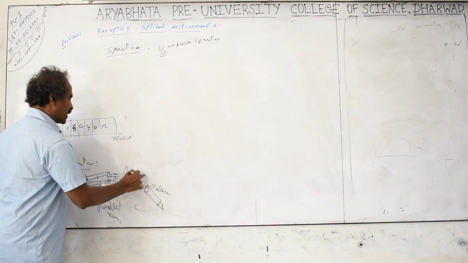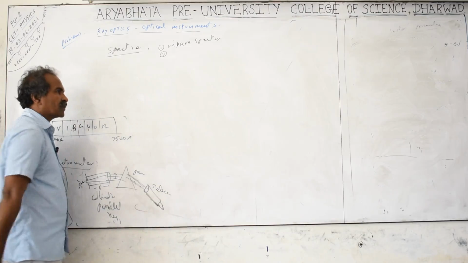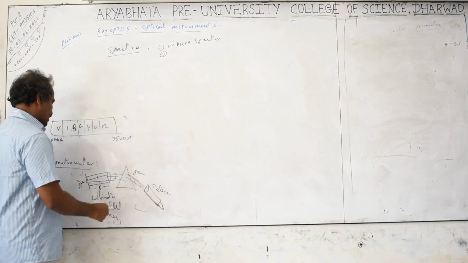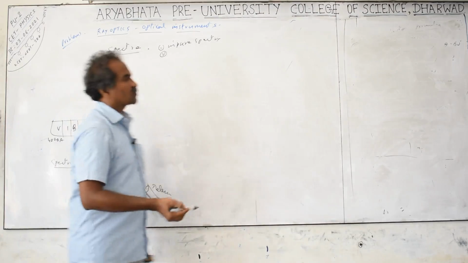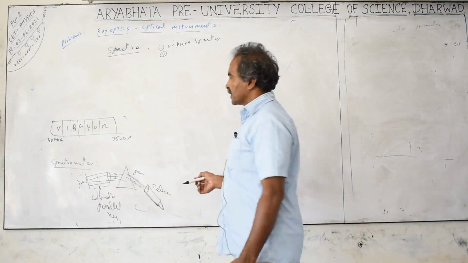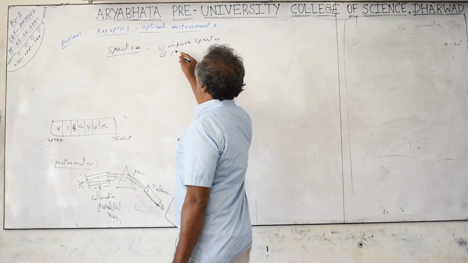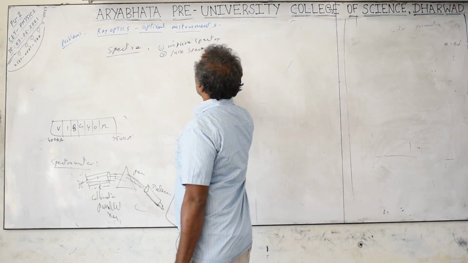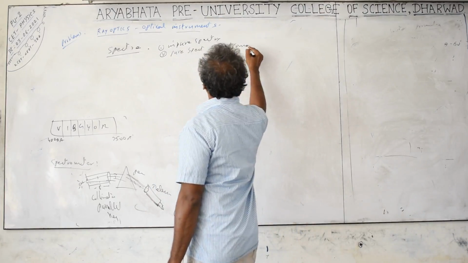Because the light rays are parallel, here you will get the spectra, and that spectra is seen here. If you take the readings with the help of the telescope, it is called a spectrometer. If you take a photograph, it is called a spectrograph. If you are just observing, it is a spectroscope. Seeing means scope; taking readings means spectrometer. Same device, please. So pure spectra is obtained with the help of a spectroscope or spectrometer.